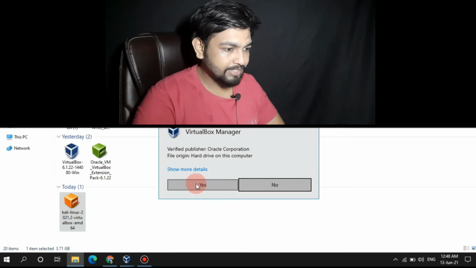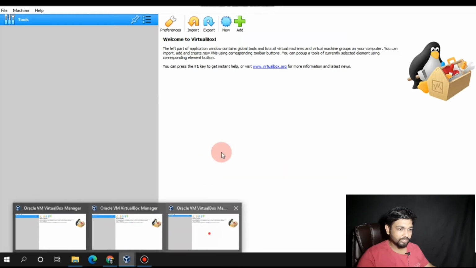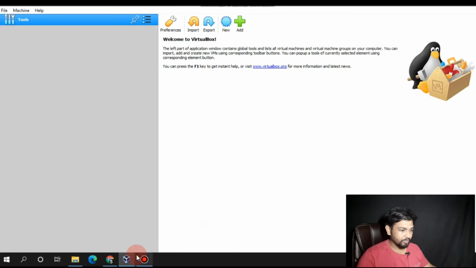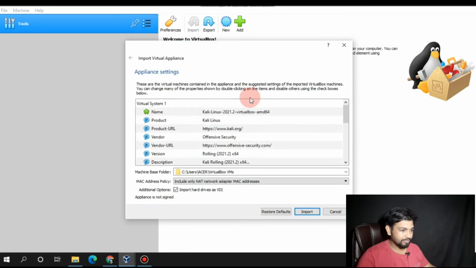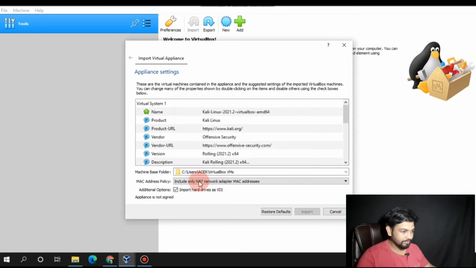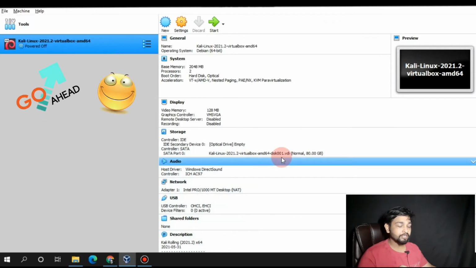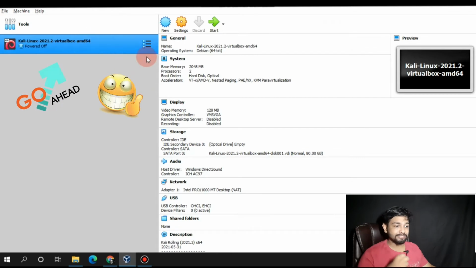Let's click on yes. Then let's try to import. Once you get it, you can see the import virtual appliances. You can double click to import, then it will be imported automatically. Click on agree, then import. That's it. Once you have installed Kali Linux, we have to go to the settings and check all the settings,